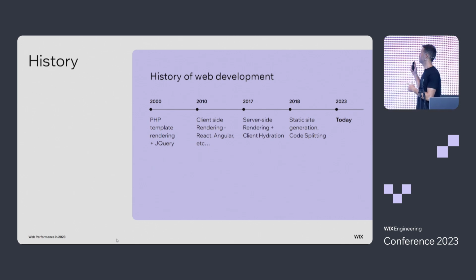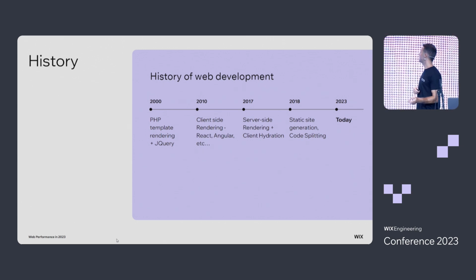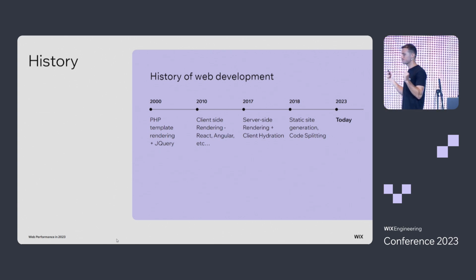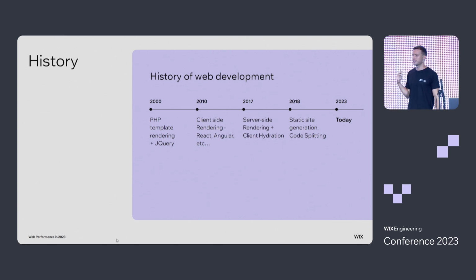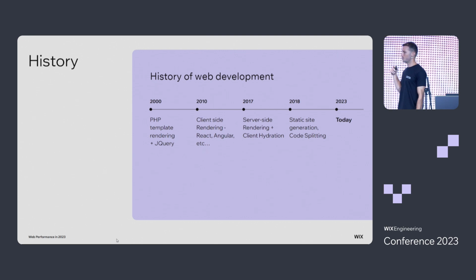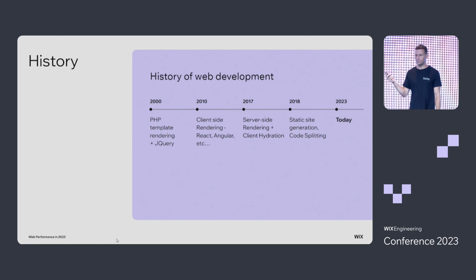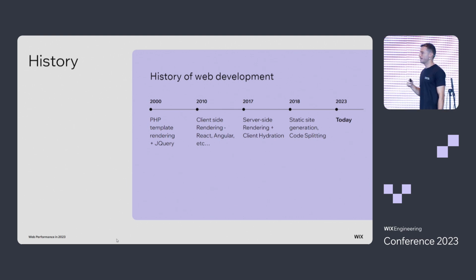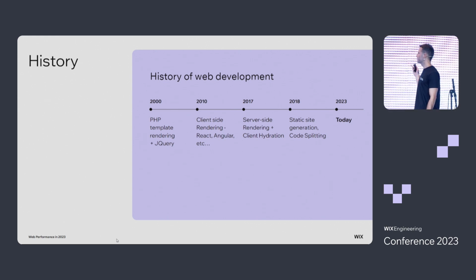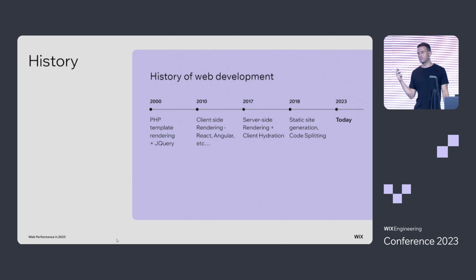so we moved back to the server side to do the same rendering with those frameworks. That actually gave us the ability to run code on the server side. So then we run the code both on the server and on the client. Then came new stuff like static site generation, where you can create your HTML at publish time, when you build the site. Then it is much faster to send it to the client. Also code splitting, to be able to separate code and remove the unused code